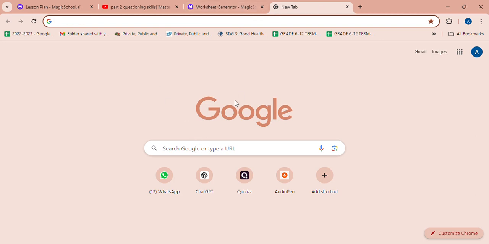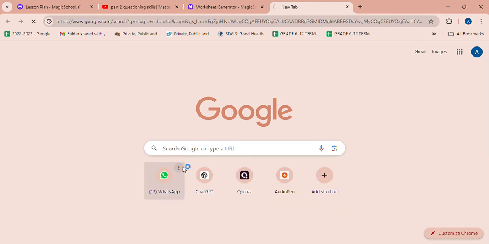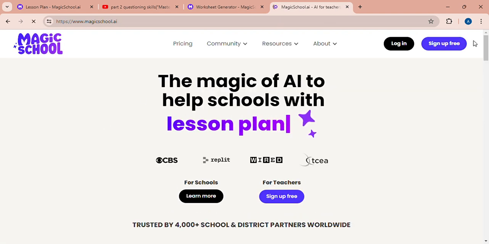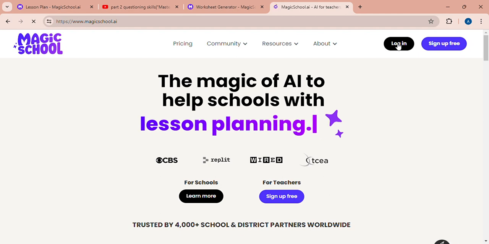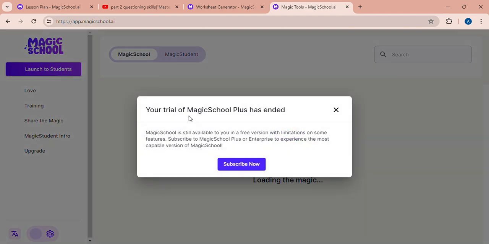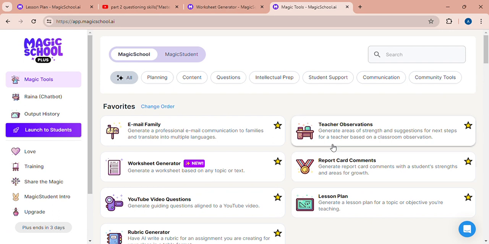Today we are going to see some other tools that we could use in Magic School AI. So just type it in your search engine and then tap here. You are being directed here, log in using your Gmail account, and then within seconds you are in this picture of Magic School AI. So I have chosen some of my favorite things which I'm going to discuss with you